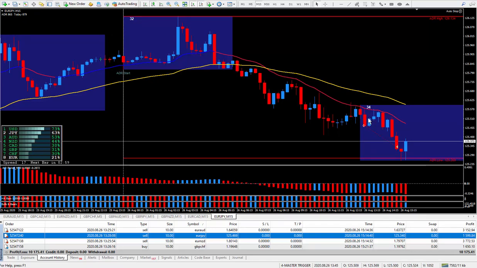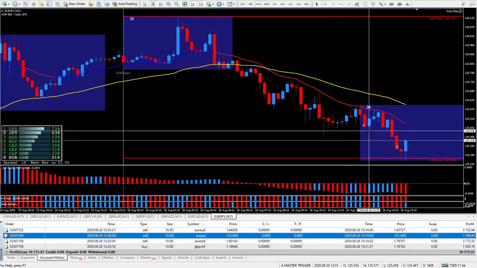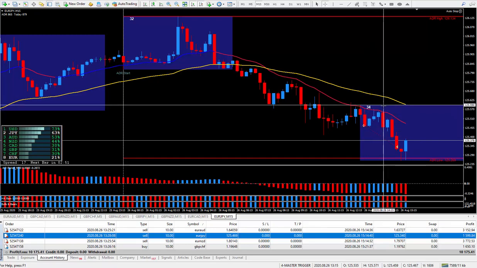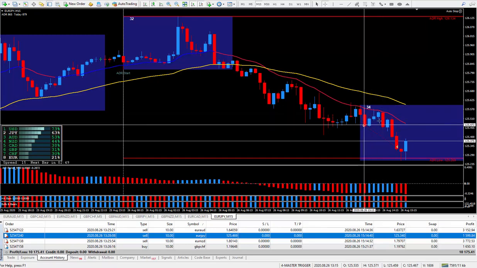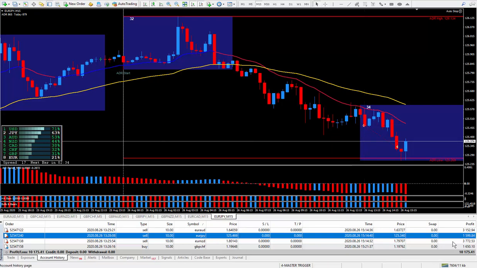Could have waited just for this bit of a pullback, but I thought it was just going to keep going. But I knew right away that the most it'll pull back would be around this area. So let's see. I could live with a 10 pip stop, not a big deal. Should have waited a little bit longer until it hit the ADR. Not a big deal. Still 13 pips, and 13 pips on the Euro Yen paid